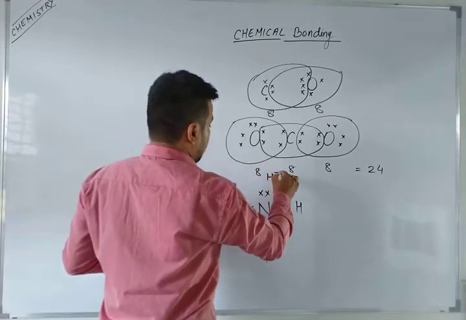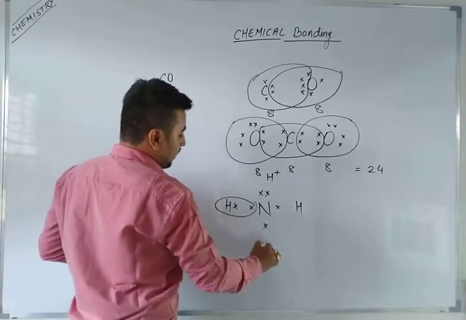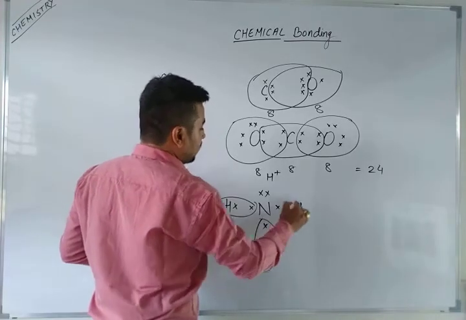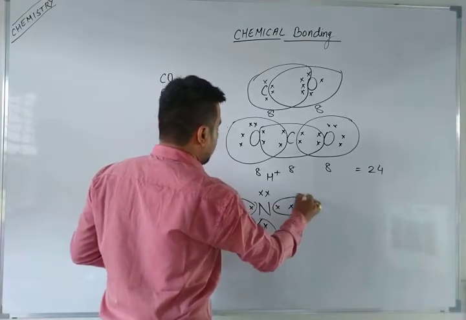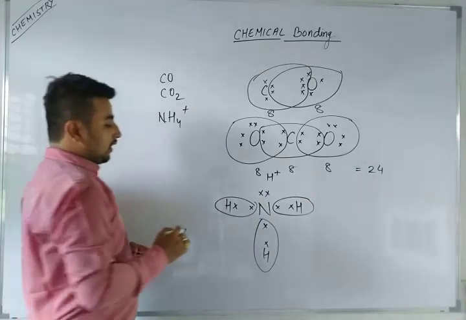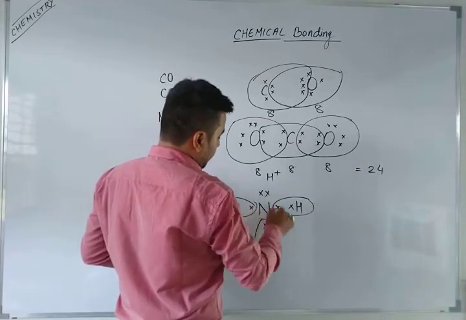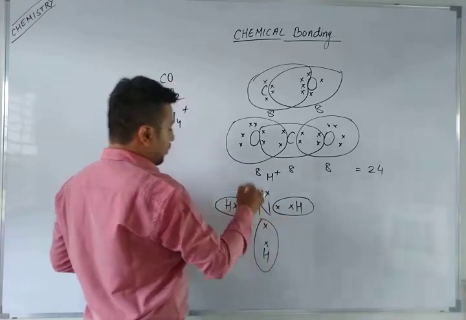removed, that means plus. So here you can see that this hydrogen will complete its duet, this hydrogen will also complete its duet, and this hydrogen will also complete its duet. Now let's talk about the NH4 plus ammonium ion. You can see here already 5 plus 3 is the total of 5 electrons of nitrogen and the electrons of this hydrogen.